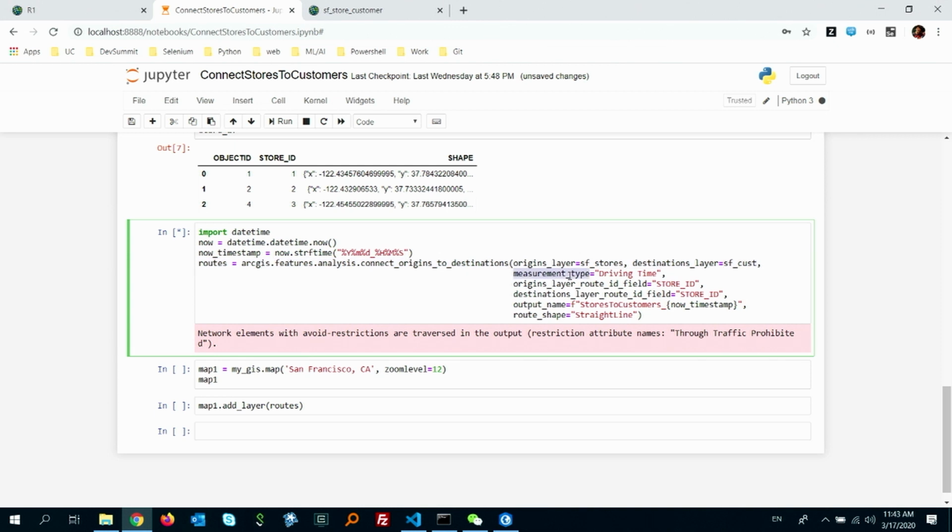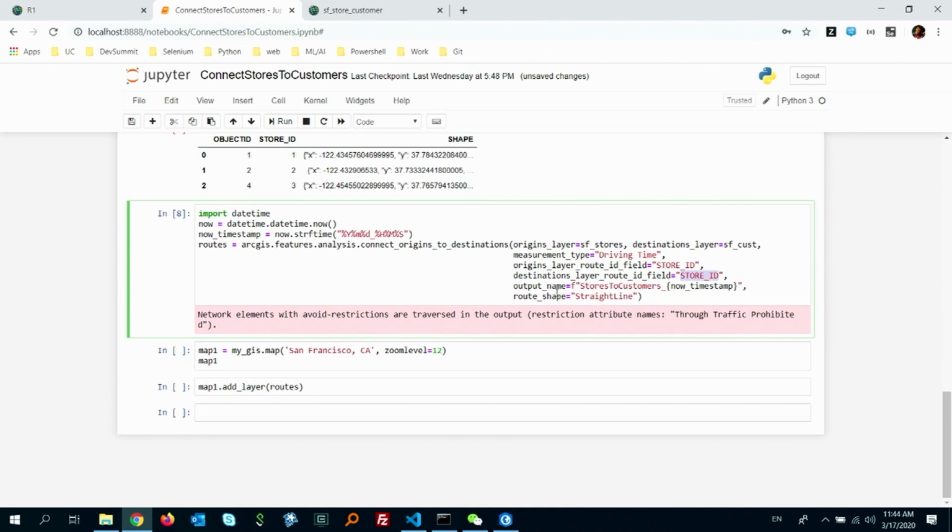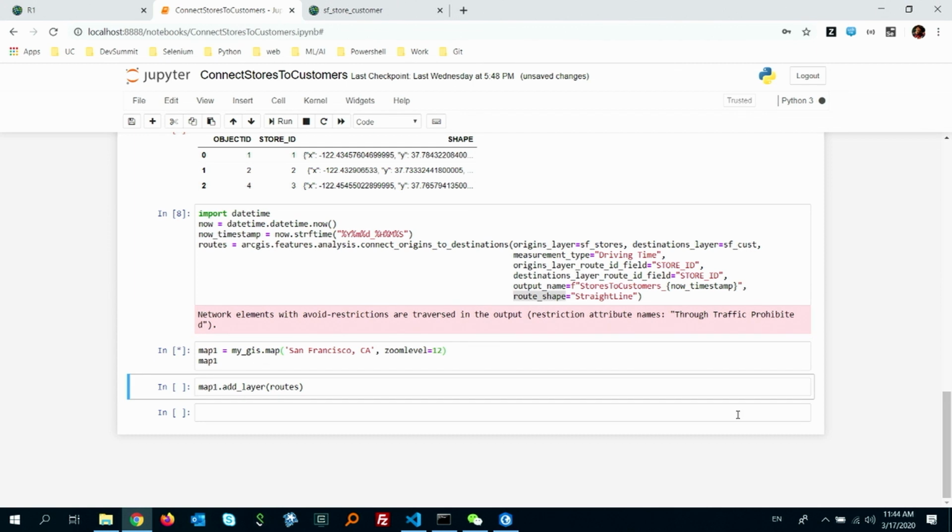For the measurement, because we want to use network analysis to calculate the total time and distance, we want to use a travel mode. Here we are using a driving time travel mode. For the ID field on the origins and destinations, we are using the store ID to associate each customer with the store, and we give it the output name. For the route output shape, we want it to still be a straight line so we can do the spider diagram. Once we get our result back,